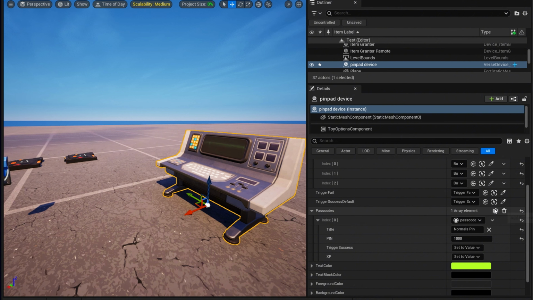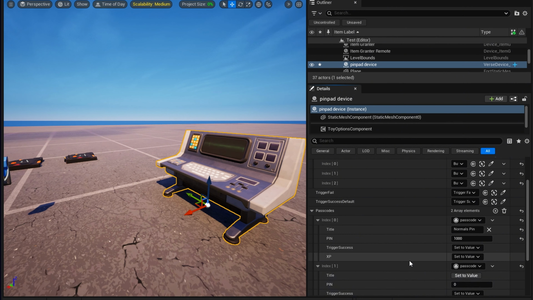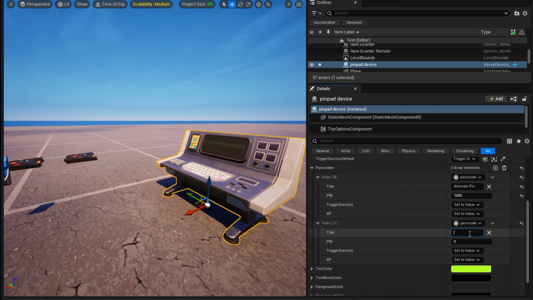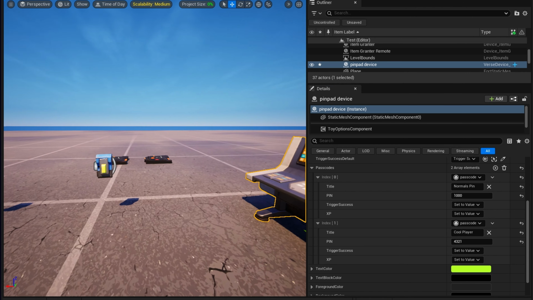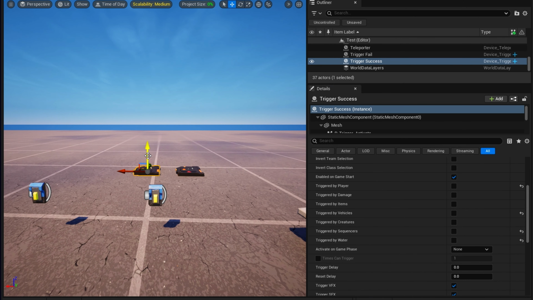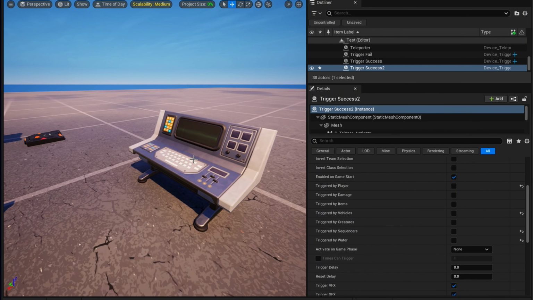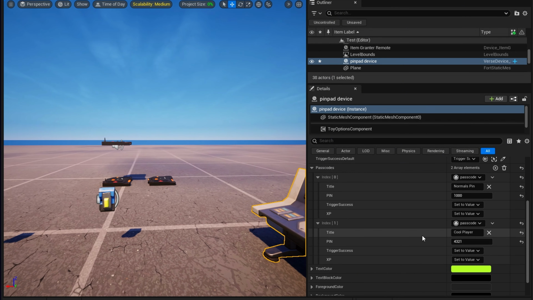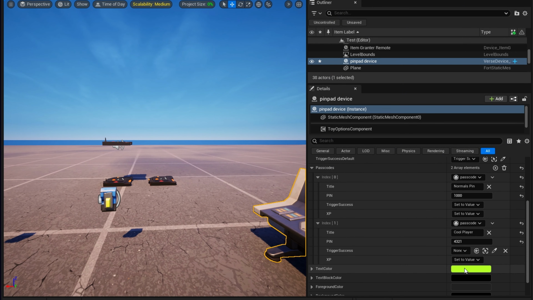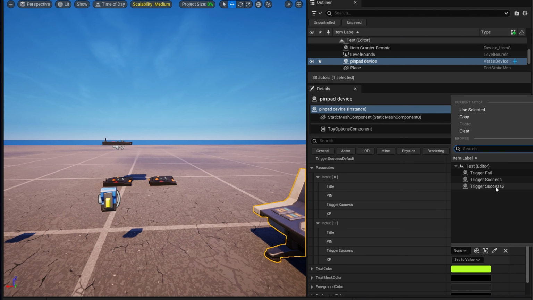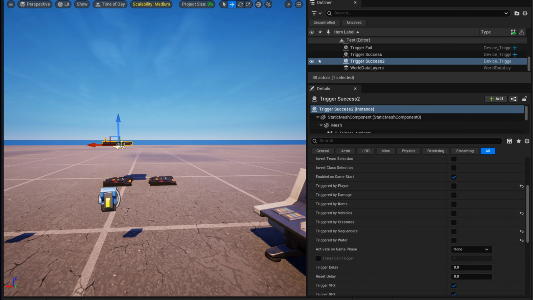Let's add another passcode, and this will be for, let's say, a cool player. So cool players can access this code, and the code will be 4321. And then I will have a custom trigger for this, a specific trigger. So I'm going to do this, and then link it up right here. This will be a trigger device, and this will be 2. I'm just going to rename it to be safe. I'm going to call it success